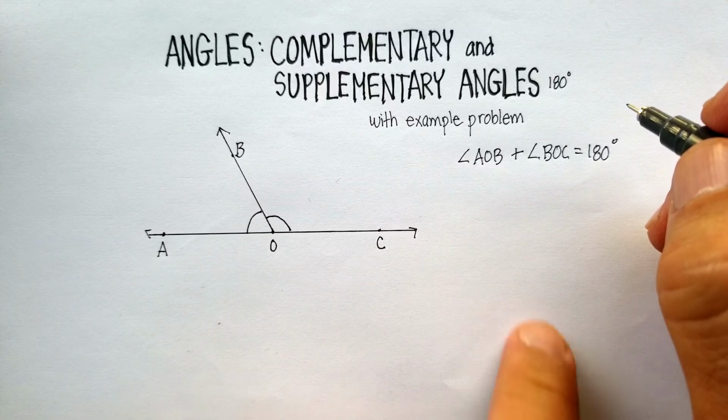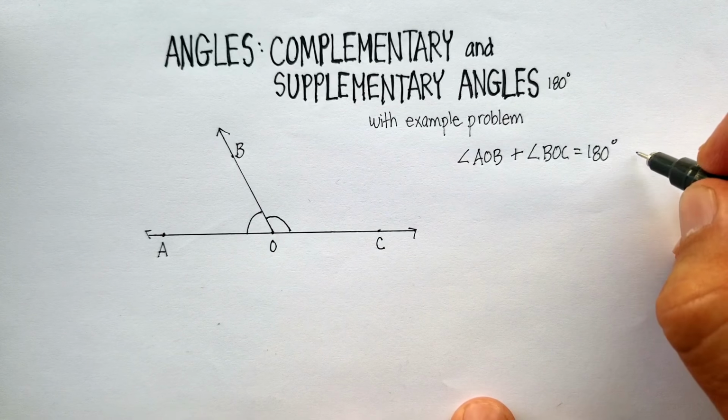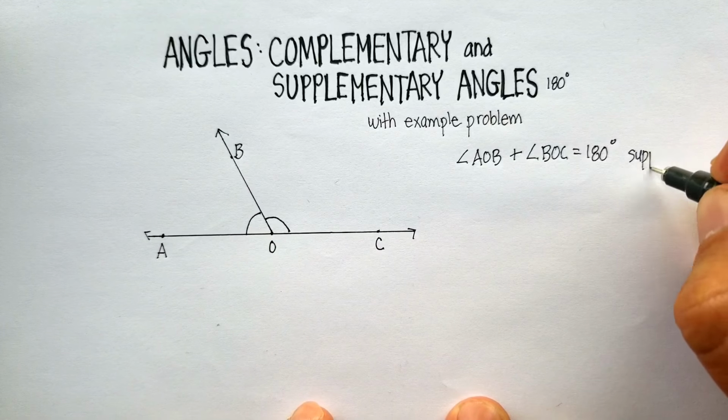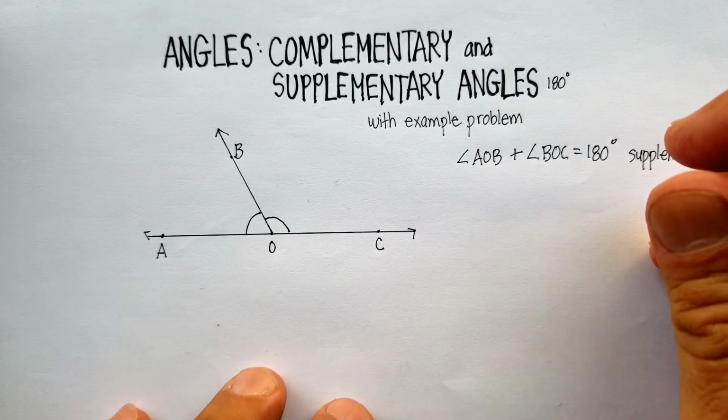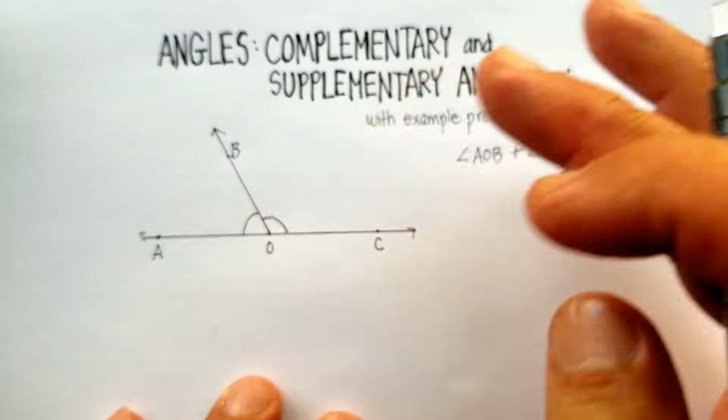And again, these are called supplementary angles, right? Let me just put that in there. Supplementary. If you knew one angle or the other, you should be able to figure out the other one simply by